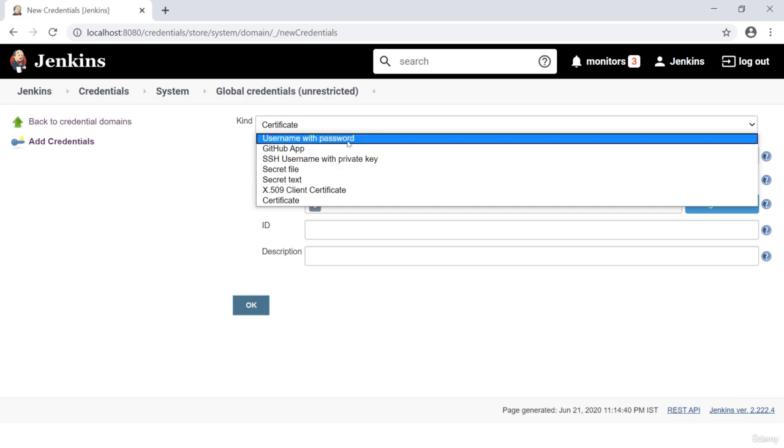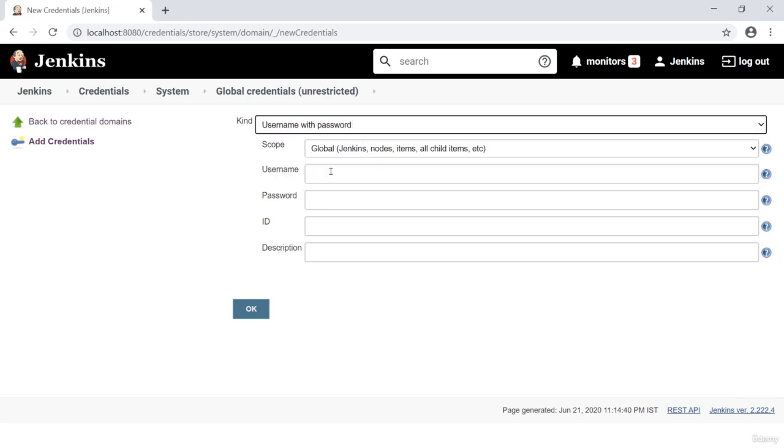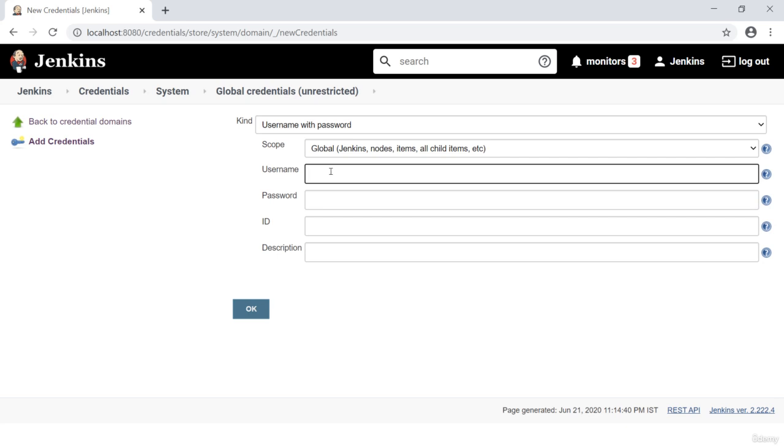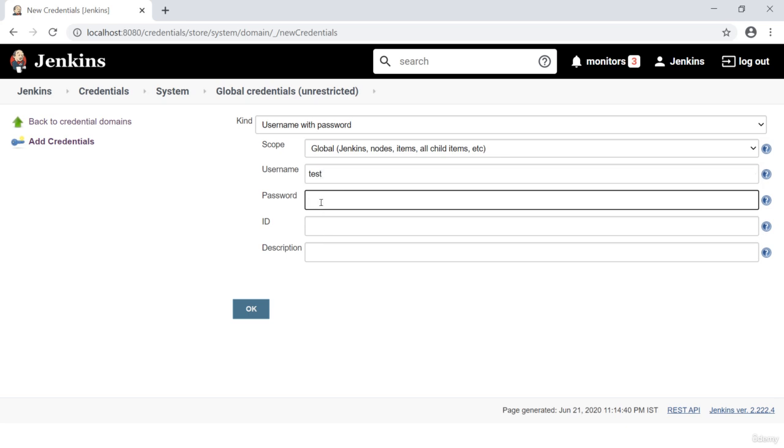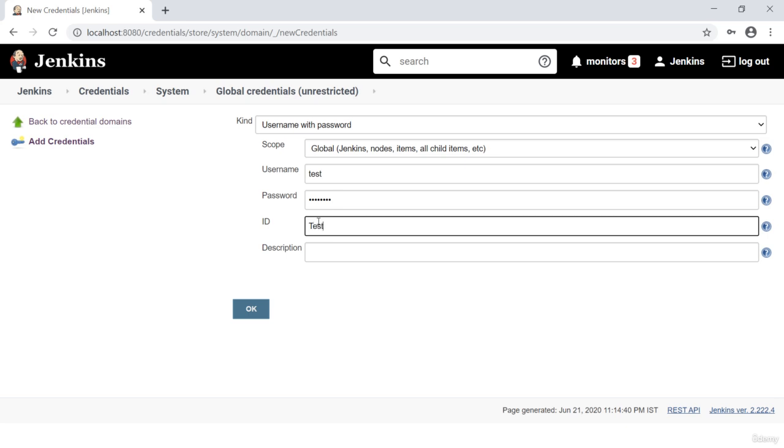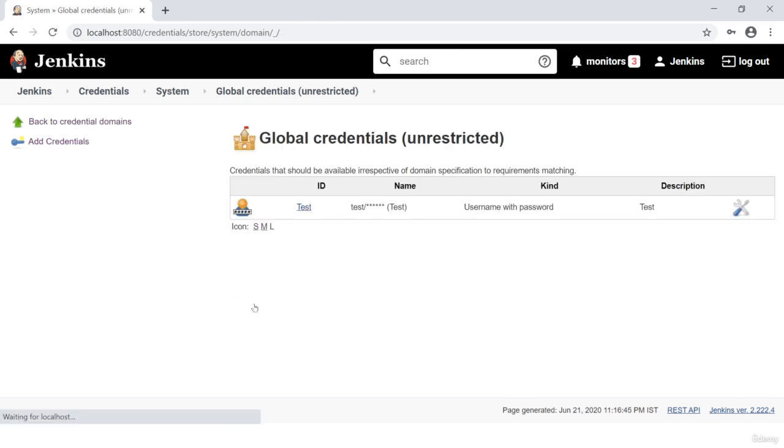So let me go and define one Username with Password, though we will not use this one as of now, but later we will. I'm saying my username is just something. Actually, we'll use it once we do the actual demo. So let's say the user is test, and the password I'll set. We can put in a test, which is visible, and a description, let me put in test as well. Now if you see, the ID is coming as test, the password is not visible,